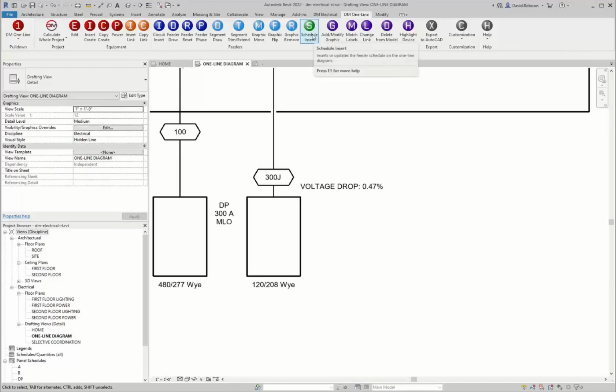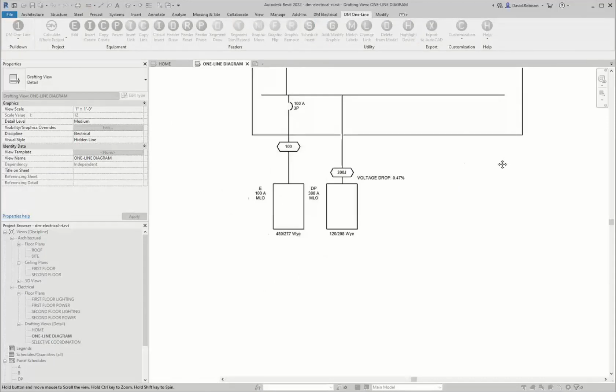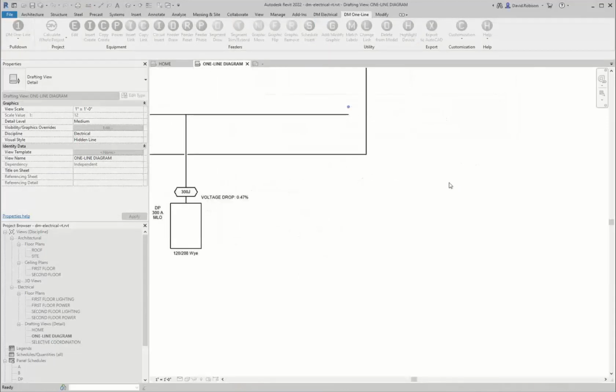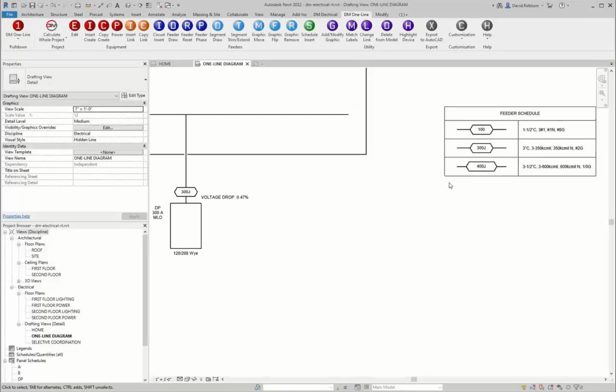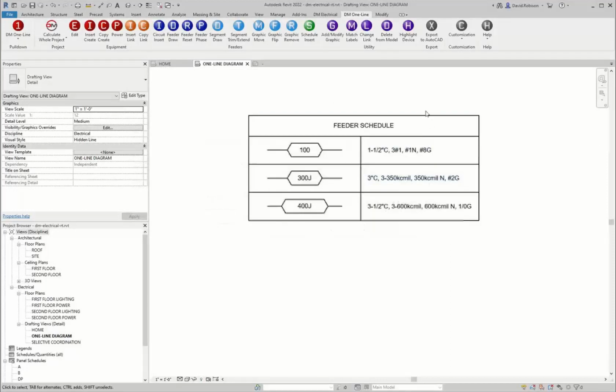So we have the schedule insert, which will insert a schedule of all of the feeder tags that are currently being used in the drafting view that we're on. So we'll put that on there, and then we'll talk about these a little bit. We put in this feeder schedule here. It's got each of the families with the tags in it. So this is the ID, the identifier for that feeder. And then over here on the right, you have the actual construction of wires that is associated with that feeder